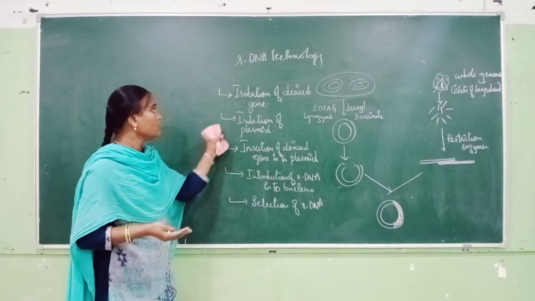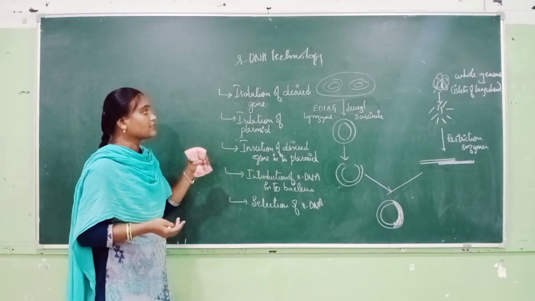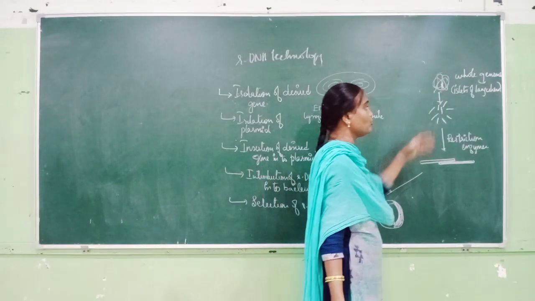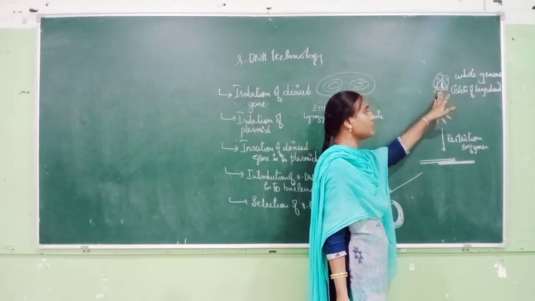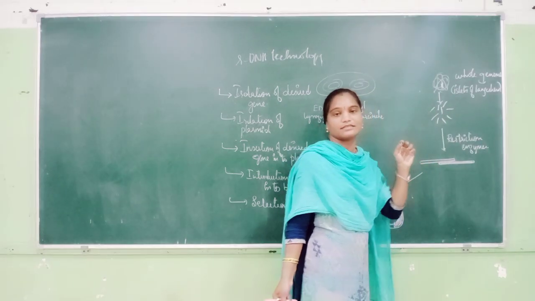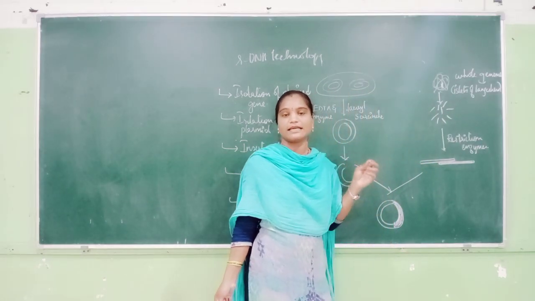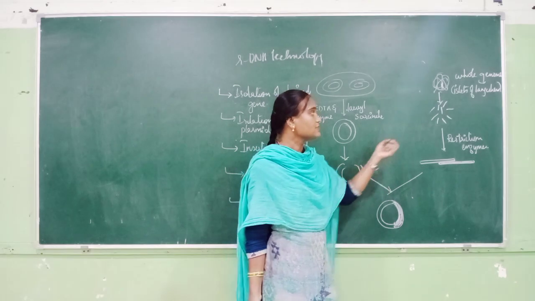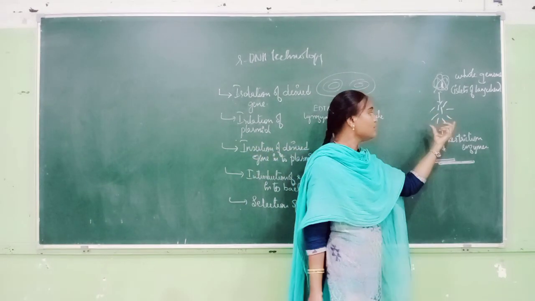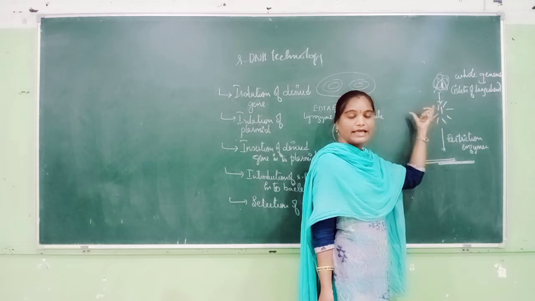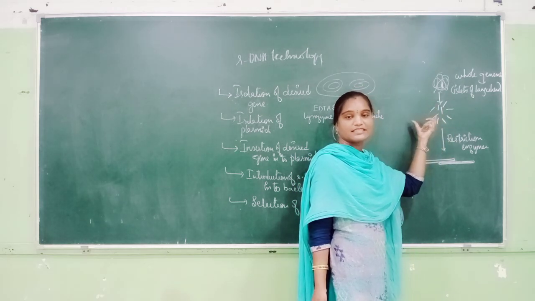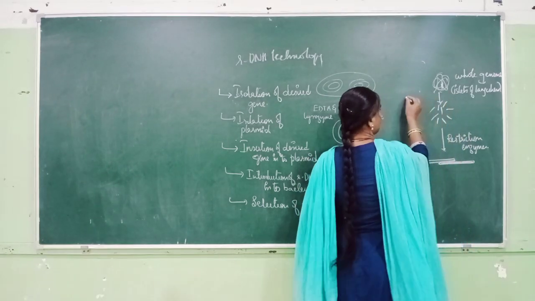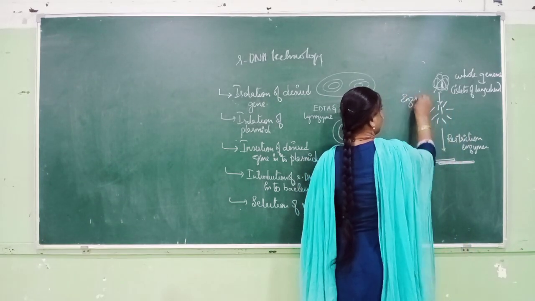So first, initially, you will isolate your desired gene. How will you isolate? This is your whole genome from a human being. Human insulin is isolated from the islets of Langerhans. These cells contain your insulin, isn't it? Which is a protein. And these are treated with enzymatic digestion, enzymatic hydrolysis, isn't it? So what is that particular enzyme? So when it is treated with enzymes, what are those enzymes?